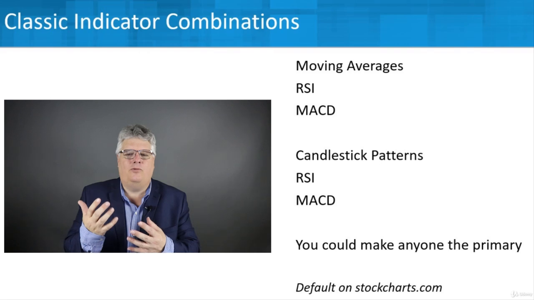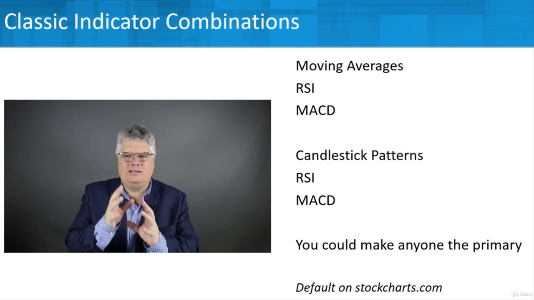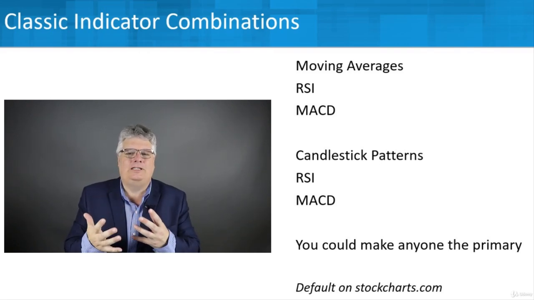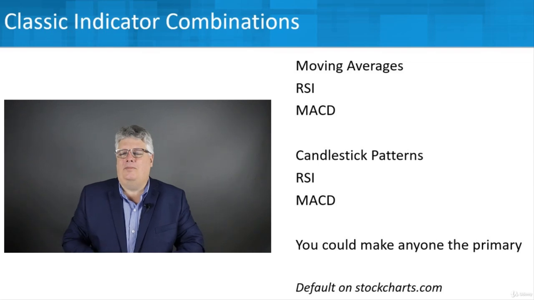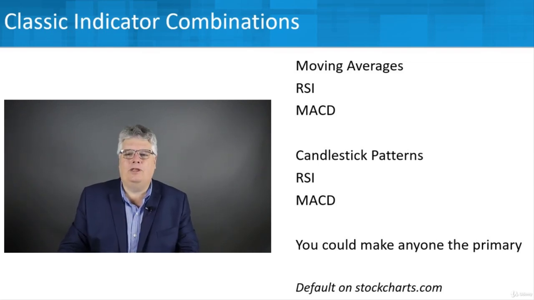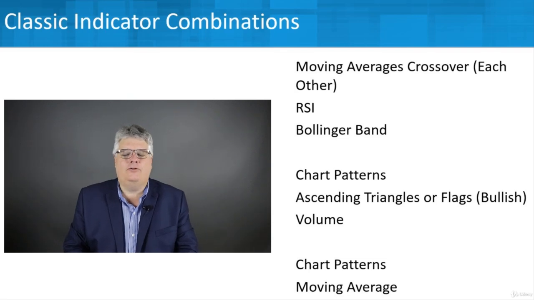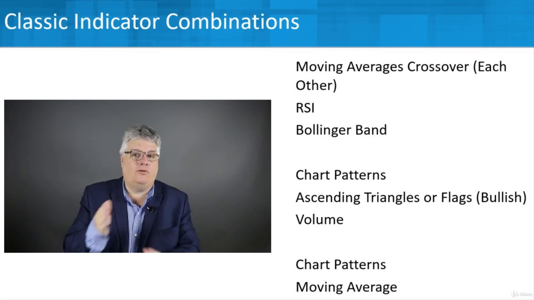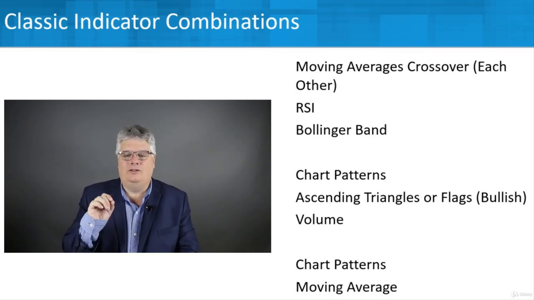You would see more candlestick patterns, for example, but maybe RSI, because it's easy to read, you'd see that as a primary. But you can make either one the primary or secondary, and really any of these typically. Maybe like moving average crossovers, when they're crossing over each other, for example, and so you want to add something